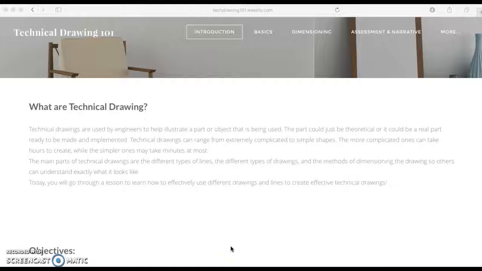Hello everyone. Today I'm going to take you through a quick walkthrough and demonstration of how to use my Technical Drawing 101 website and how to go about getting the most knowledge from it and how to use it properly. So to start, we're on the introduction page where you can find a brief description right here about what technical